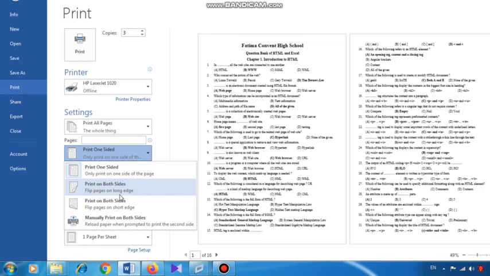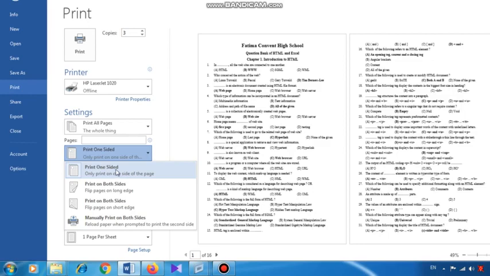What I meant to say? Or what option is given here? Fine, I will explain you. Now see, if I click on print one-sided, what will happen? If I have got 16 pages, then it will take 16 papers, and on one side of the paper it will print the matter of first page. On the next paper it will print the matter of second page, and so on.